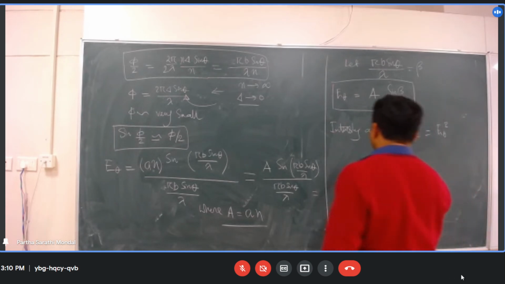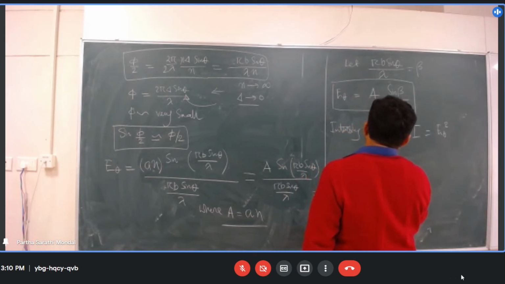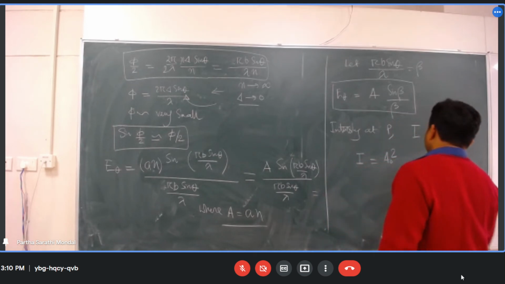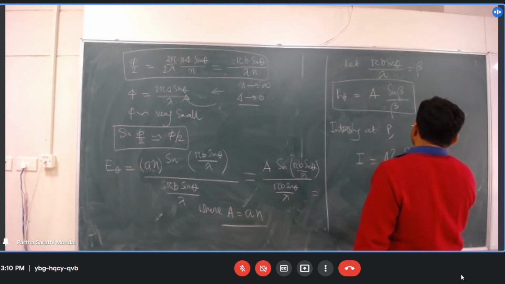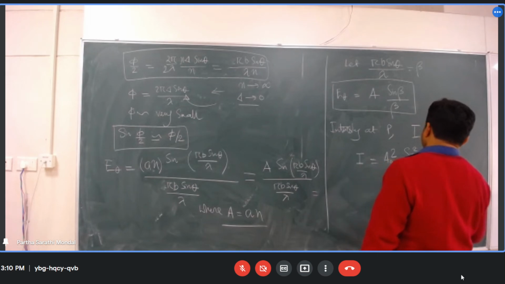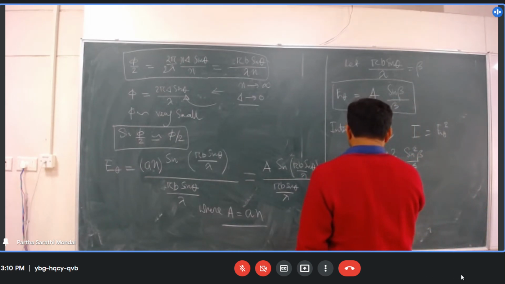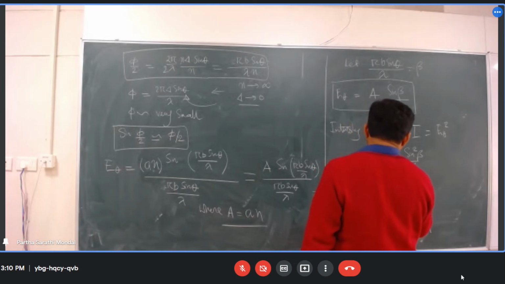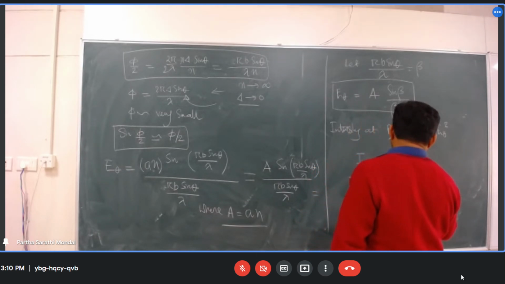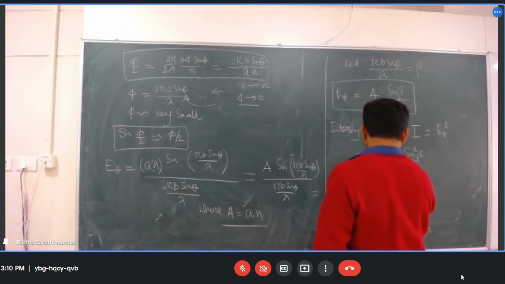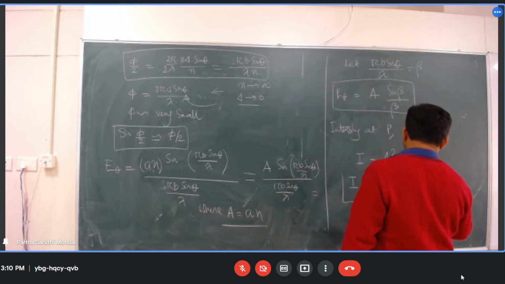So that means your I will become A0 square sin square beta divided by beta square. Okay, so now what is A0? A0 is I0 sin square beta divided by beta square,